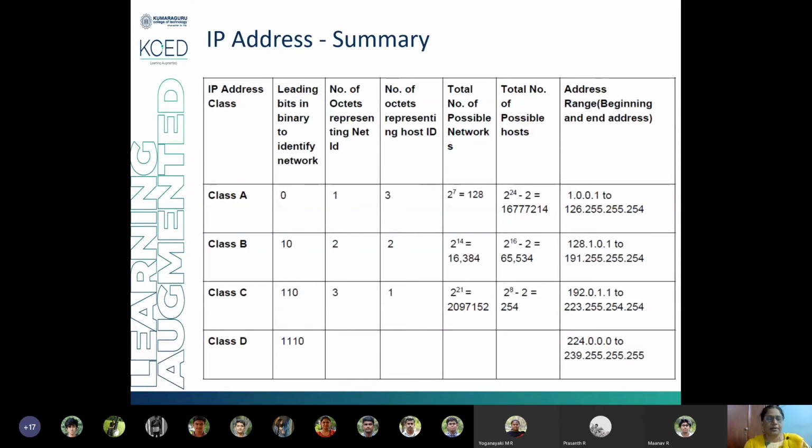I'll repeat: for a class A network, the default subnet mask is 255.0.0.0. You can add one more column here for the default subnet mask, meaning all ones: if you mask all ones with the net ID portion, you will get the same net ID as represented in the IP address.